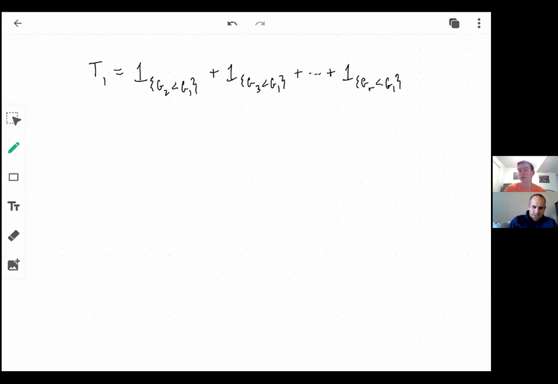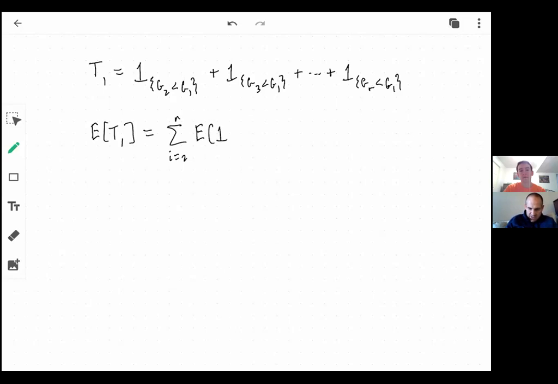Well, I think what this is going to boil down to is you're going to compute the expected value of T1. And this is simply going to be, look, all of these are going to have the same expected value, because G2 through GR, well, actually, no, that's not true. They're not going to have the same expected value because it depends on, right? G3 depends on a particular probability. So it's going to be the sum, i going from 2 to R, the expected value